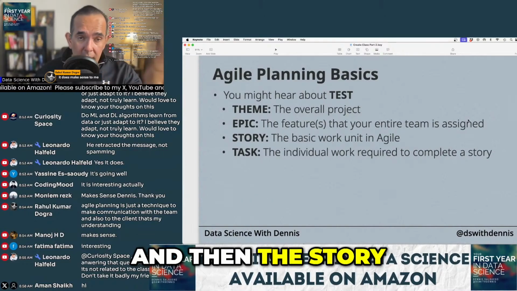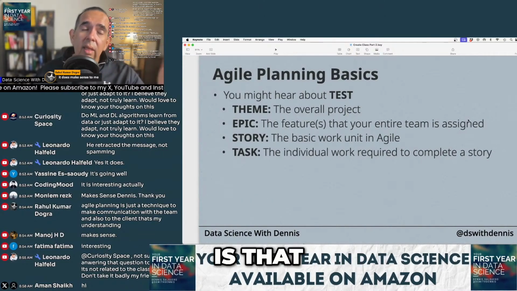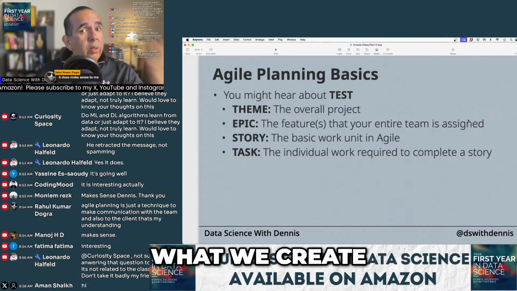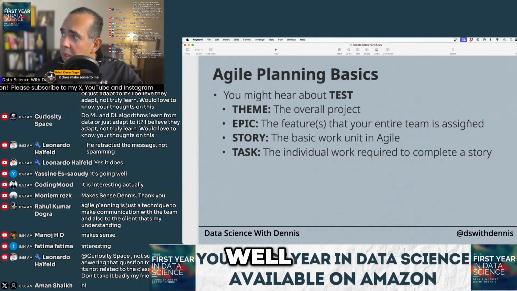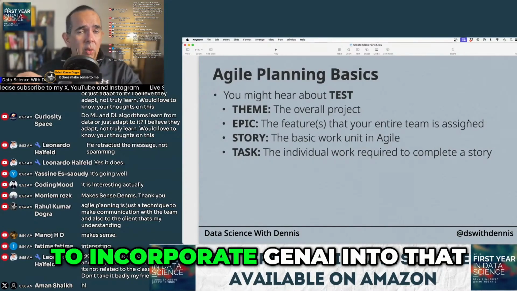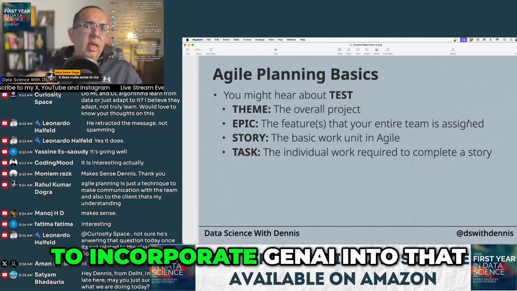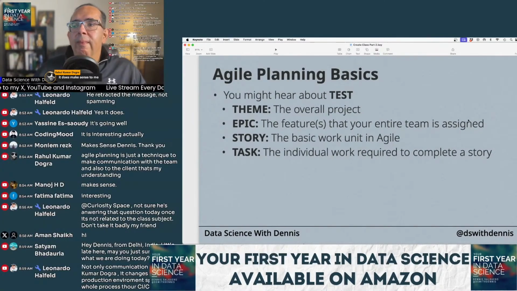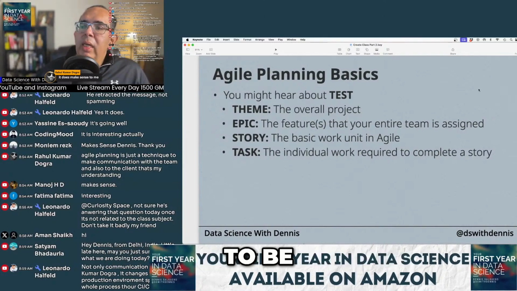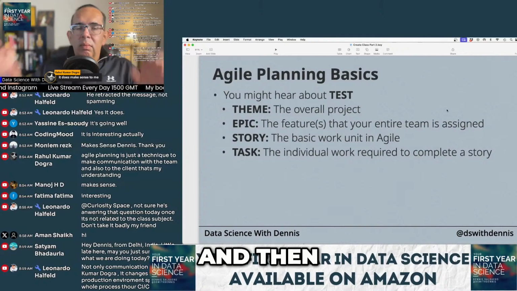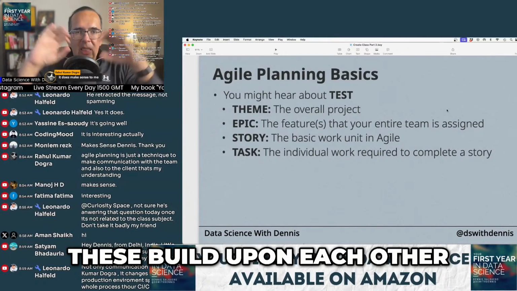And then the story is what we create when we ask, okay, what do we need to incorporate Gen AI into that? And so on, right? And then, like I said, these build upon each other.